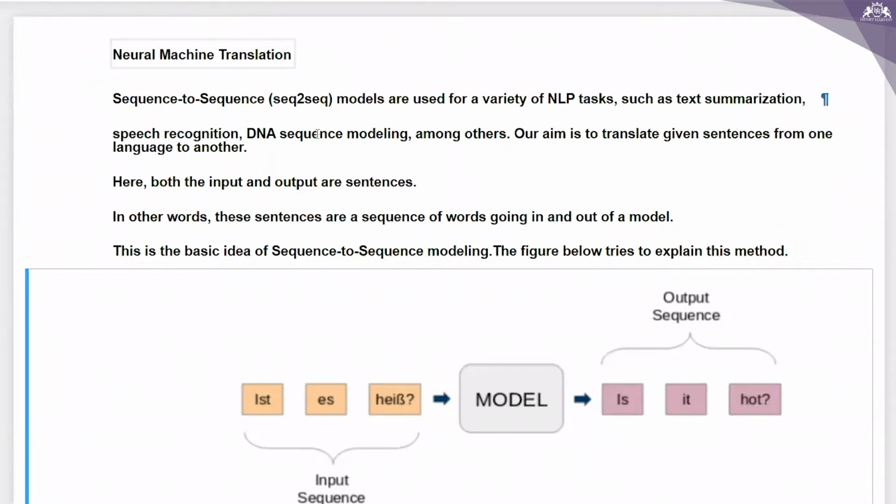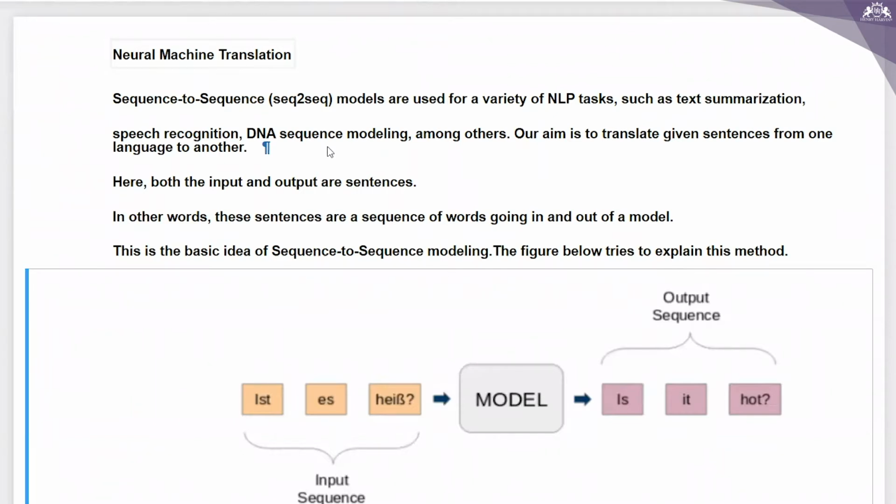So the problem statement that I have taken over here is to convert a German sentence into its English counterpart using a neural machine translation, right? So basically, we are trying to convert German language into English. That is why it is called machine translation.